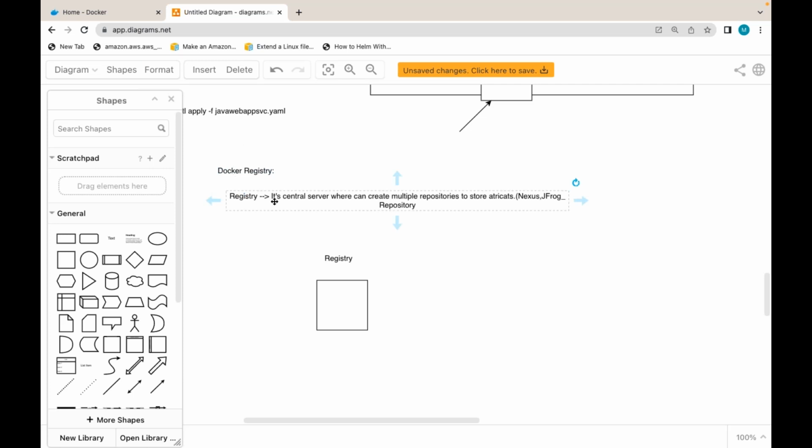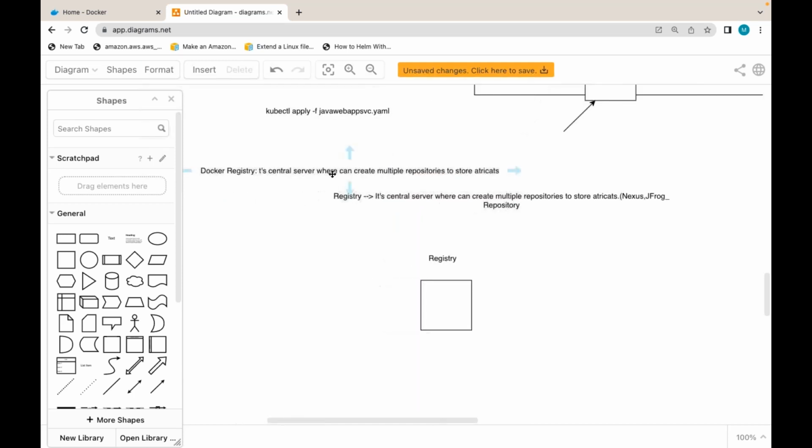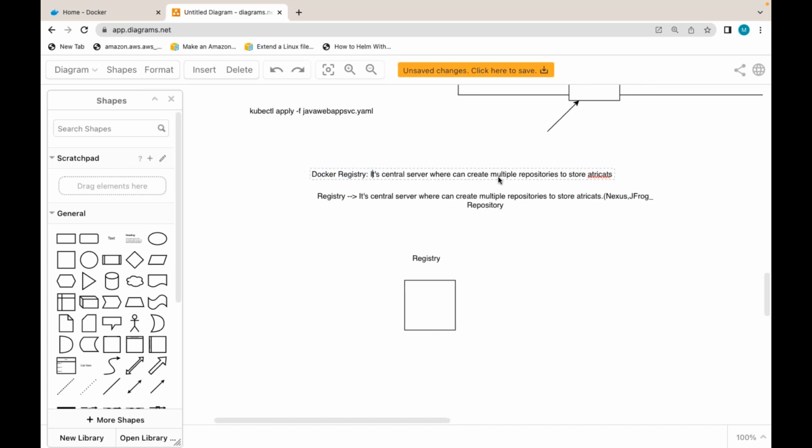The Docker registry is basically a central server where we can create multiple repositories to store what? What do we store in the Docker registry? Docker images. So the Docker registry is a central server where we can create multiple repositories to store Docker artifacts.